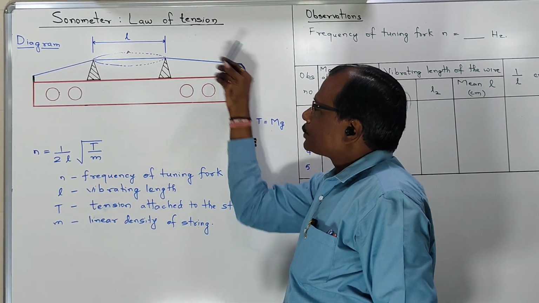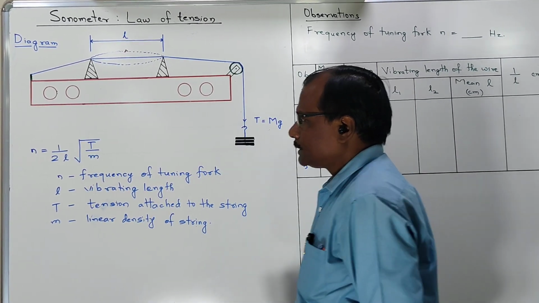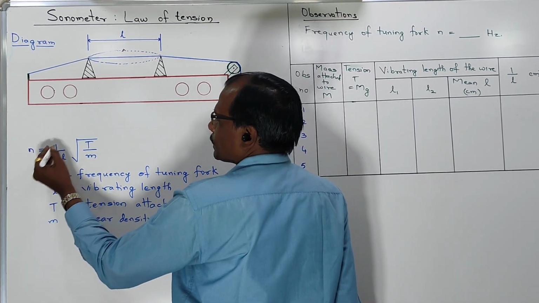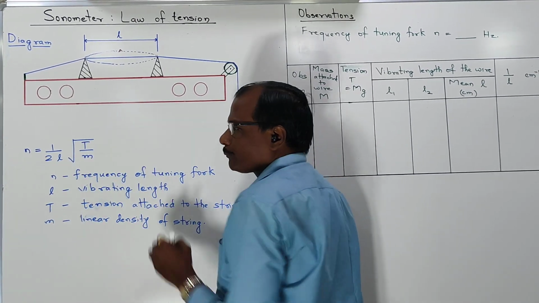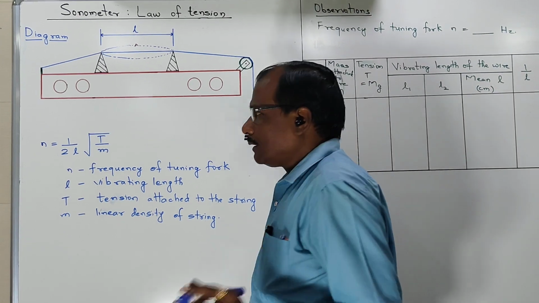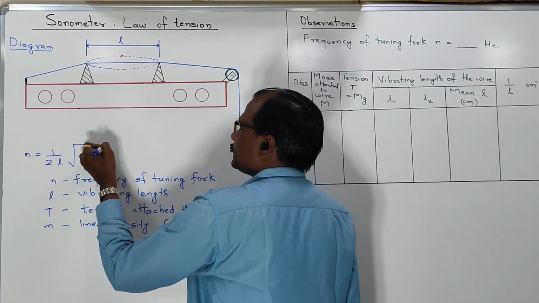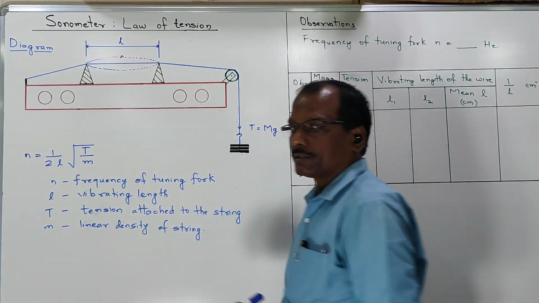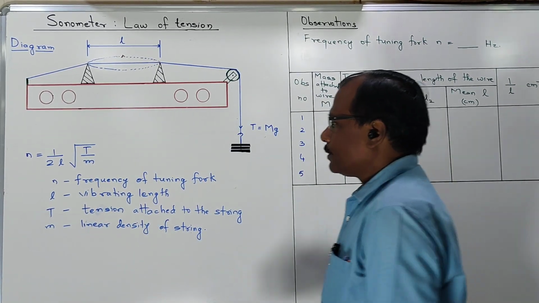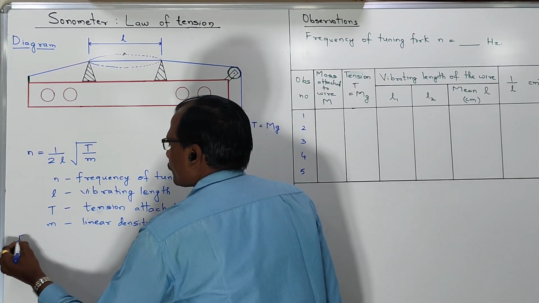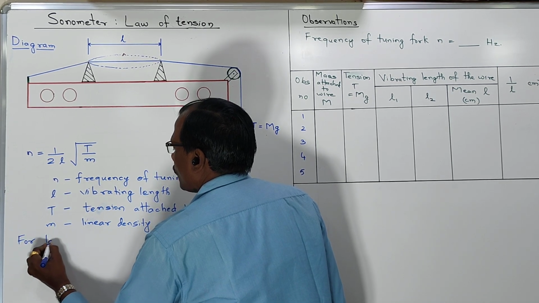Now what exactly does this law of tension mean for us? See here, frequency was given as n equal to 1 upon 2l under root of T by m. So n represents frequency, l represents vibrating length, T is tension and m is the linear density of the string. Now for the law of tension,